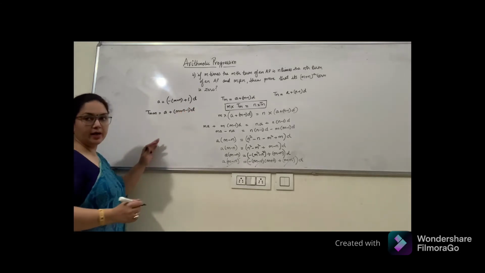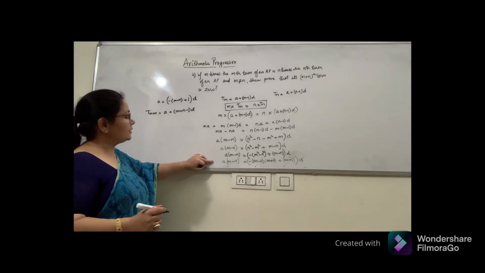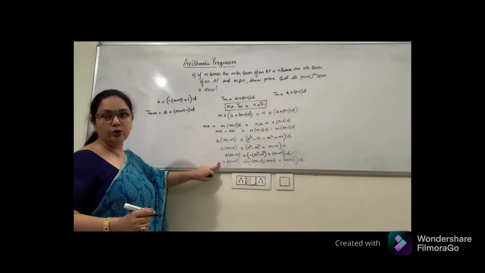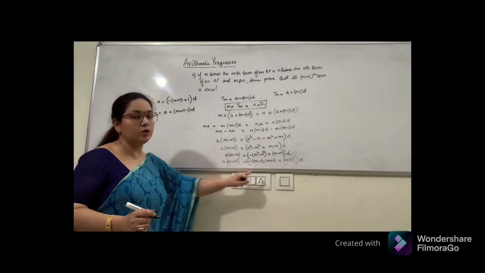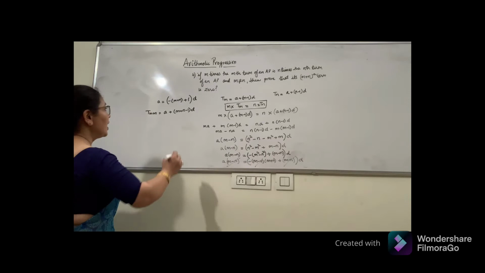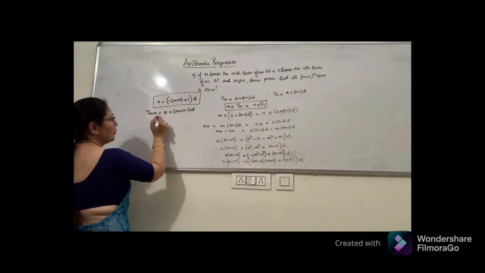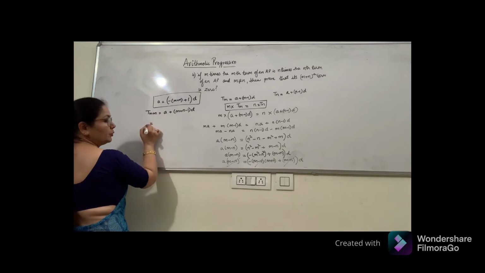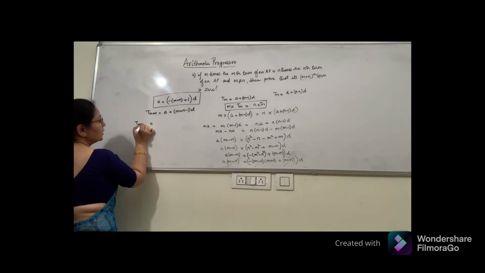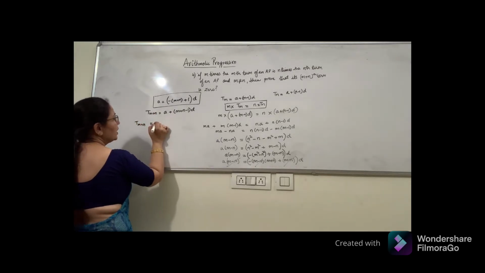Whenever we get this kind of question, we always evaluate, या find out, use the condition and evaluate a in terms of d. Okay, so I have calculated a in terms of d. This is the relation. So I'll put the a here. T m plus n term I have to find out. I'll put the value here.